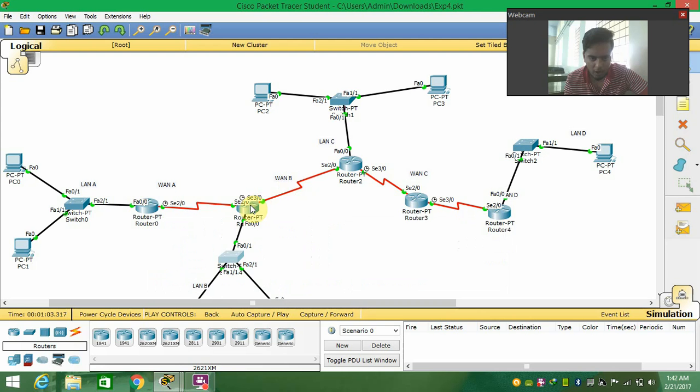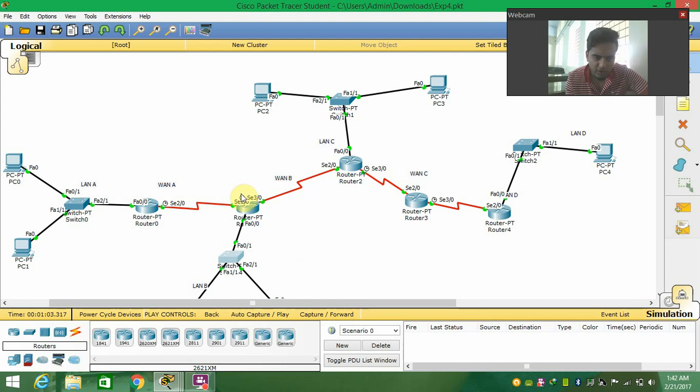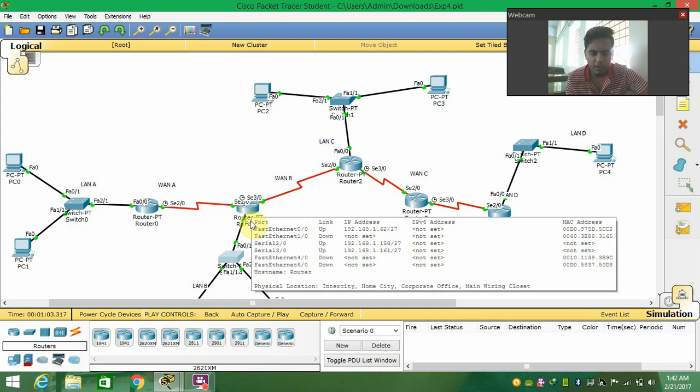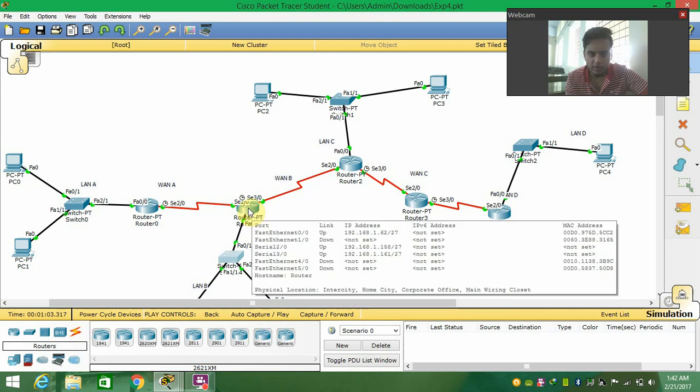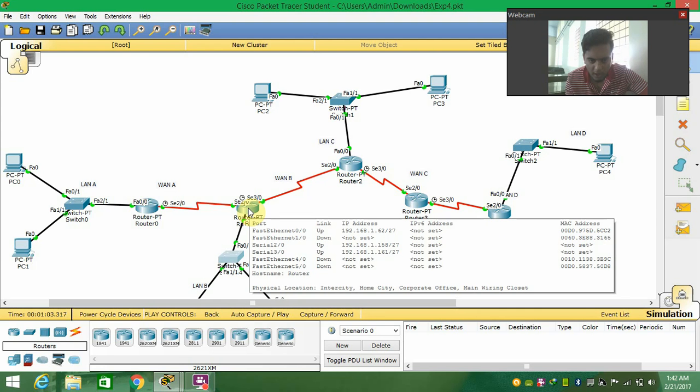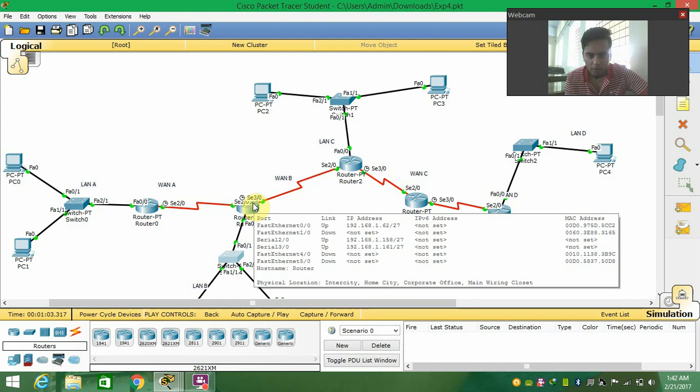Now come to this router, since it is connected with FastEthernet to the LAN B interface, with the FastEthernet 0/0 interface, I have assigned an IP address for this interface, 192.168.1.62, and for 2/0 and 3/0. Router 1 and router 2